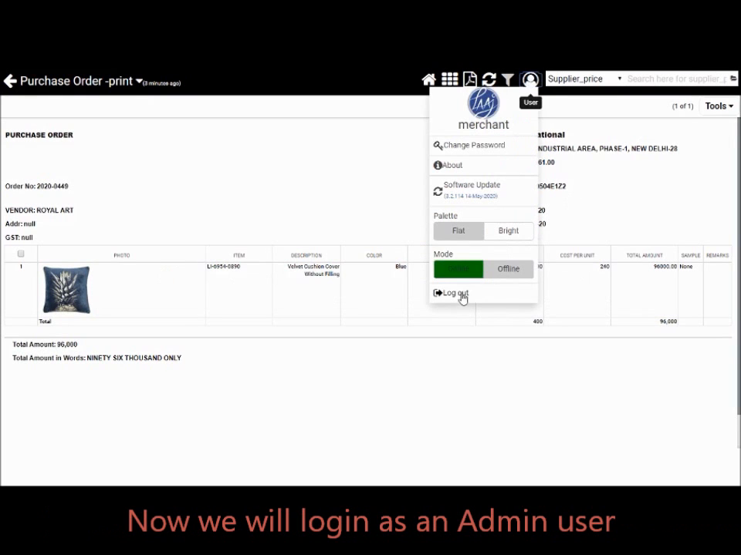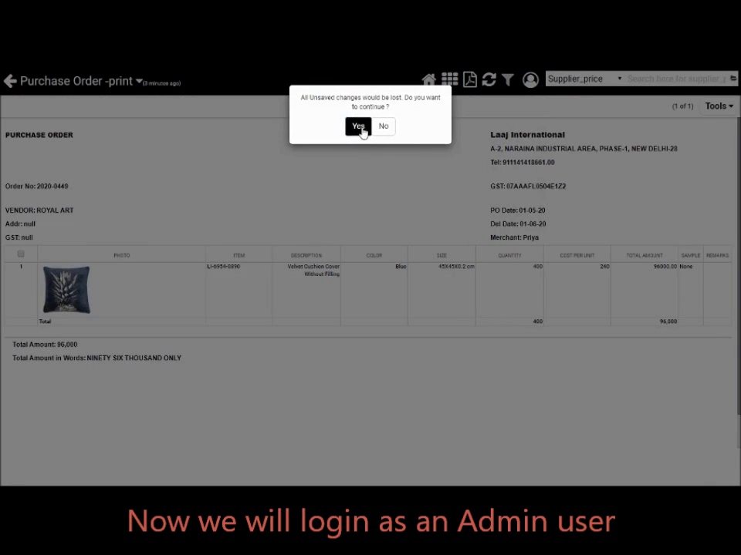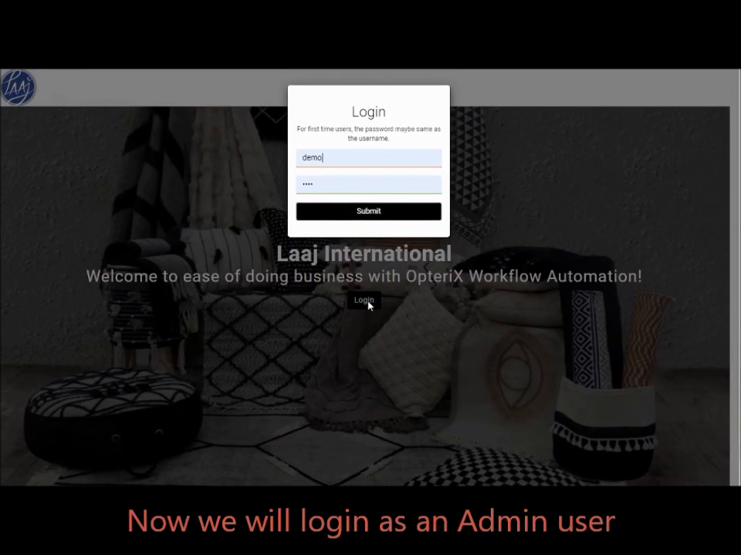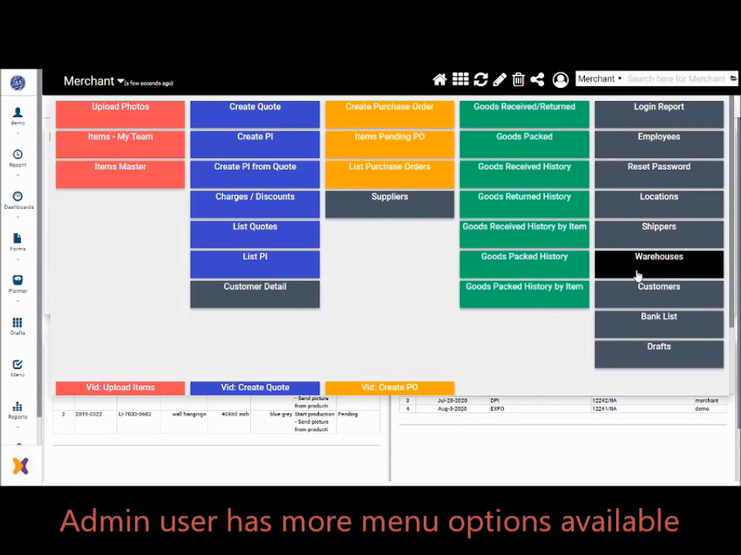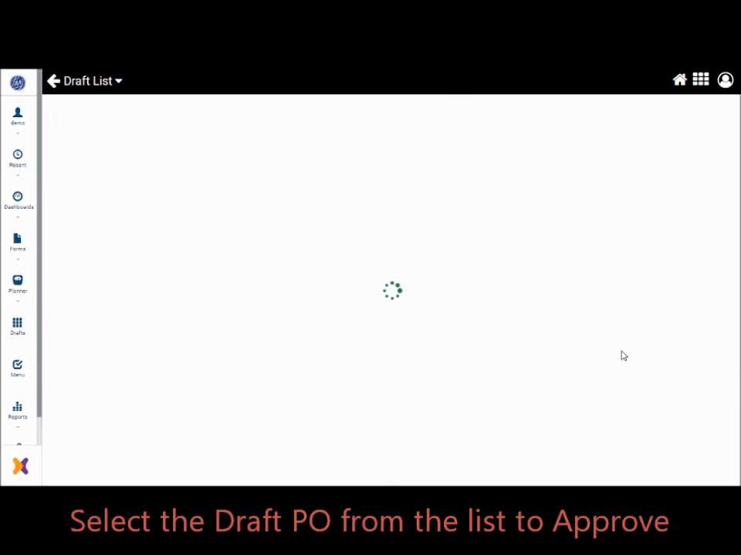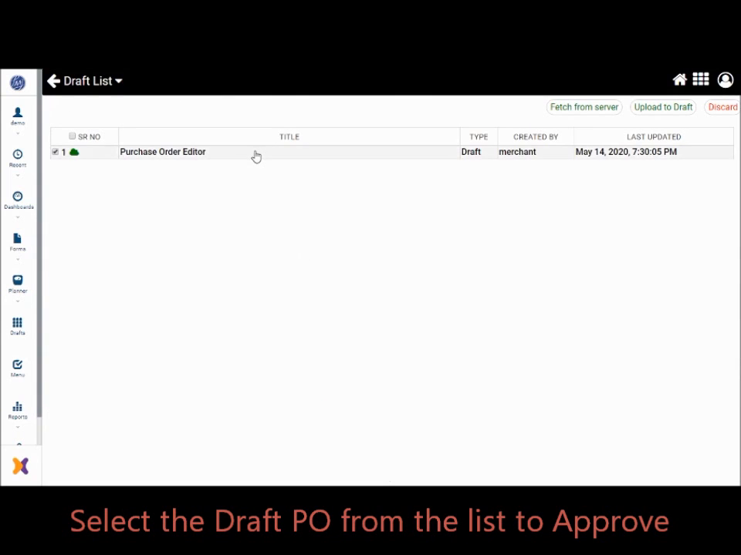We will now log out and then log in again as an admin user. Now we are logging in as an admin user. We will go to the menus. See, more menu options are available for the admin, and we go to the drafts and double click on the